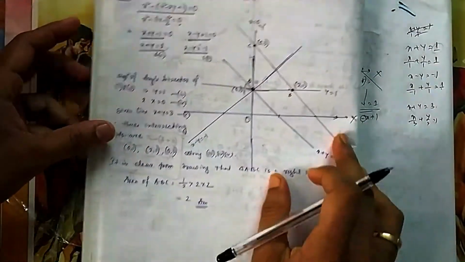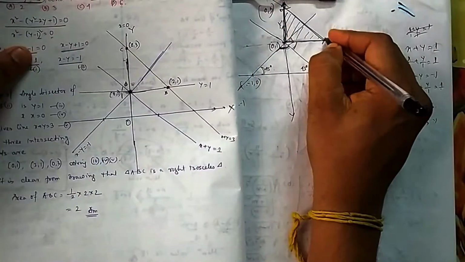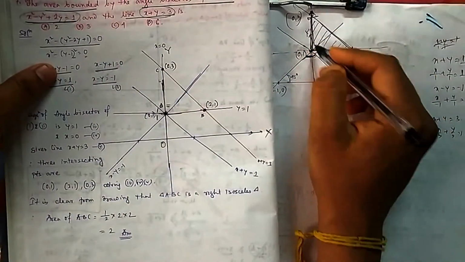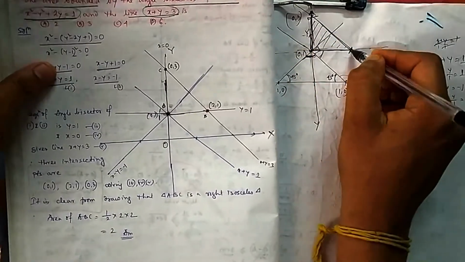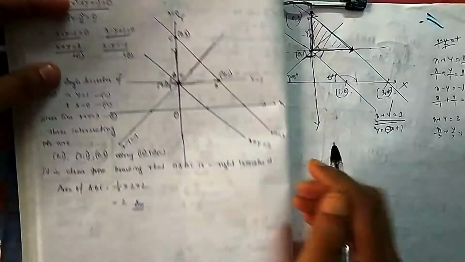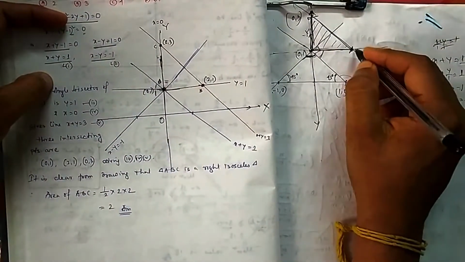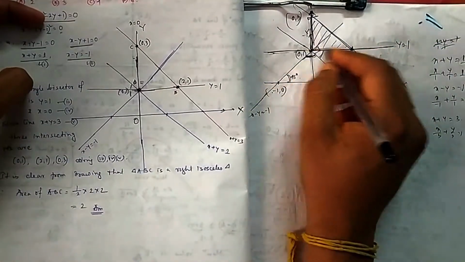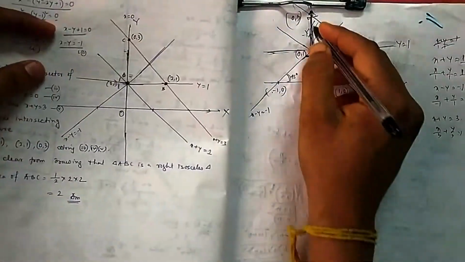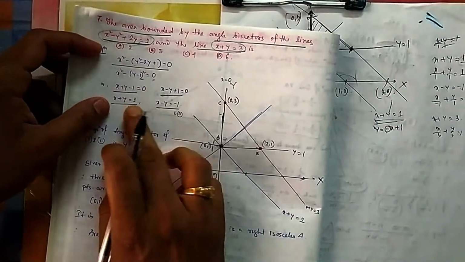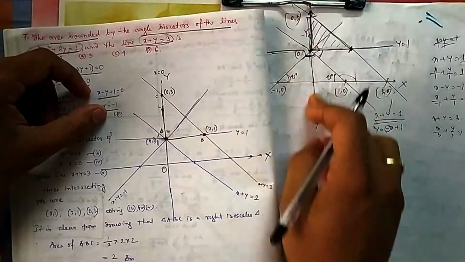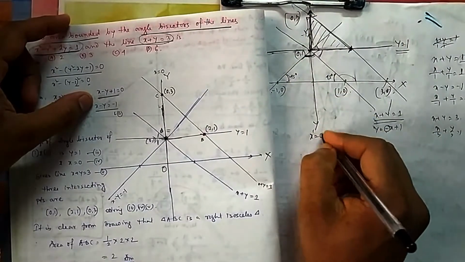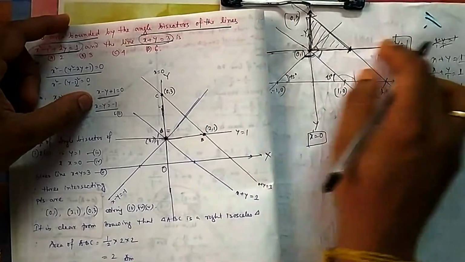If you draw these points and solve, you have to find this point also, because this area you need to find is a triangle area. Half height into base. If I find this point, I can calculate the base. How to find this one? If I draw a line here, this is y equal to 1. This angle bisector we have directly seen from the figure. You can apply the angle bisector formula to these lines, but from the drawing itself we can find that one is y equal to 1 and one is x equal to 0. So these lines you will get as two angle bisectors.